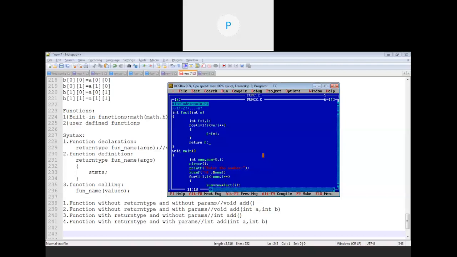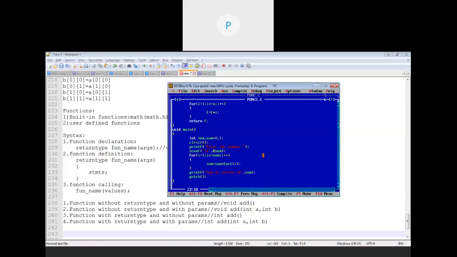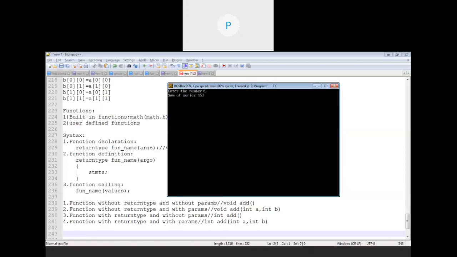Sum equal to sum plus factorial of 3. It again invokes the factorial function. The factorial of 3 will be returned as 6. Initially the value of sum was 3, so 3 plus 6 will be 9. Then I will increment, it becomes 4. 4 is less than or equal to 3, the condition is false. So it will exit from this for loop and print that the sum of the series is 9. Let's see. You can see we have the correct output. 153, because 120 plus 24 plus 9, that is nothing but 153. Okay, done.